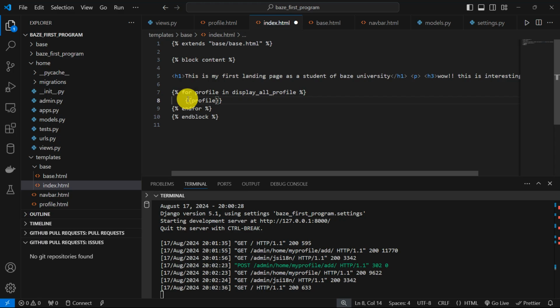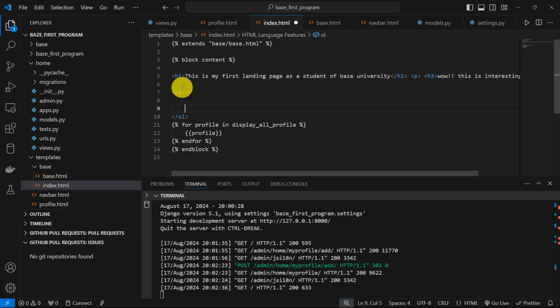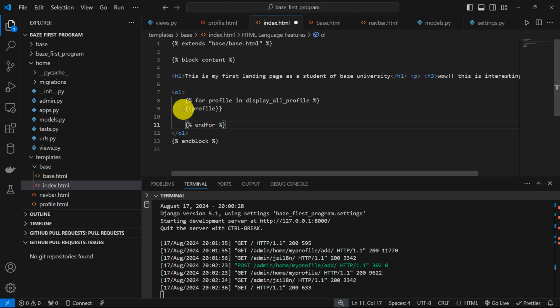So give us every profile. And the funny thing is that you can actually do it in a list. So we can put it in an ordered list, right? Do the for loop in it, and we will now create, and of course you always end your for loop. You literally have to do end for loop, and we will now say list, and